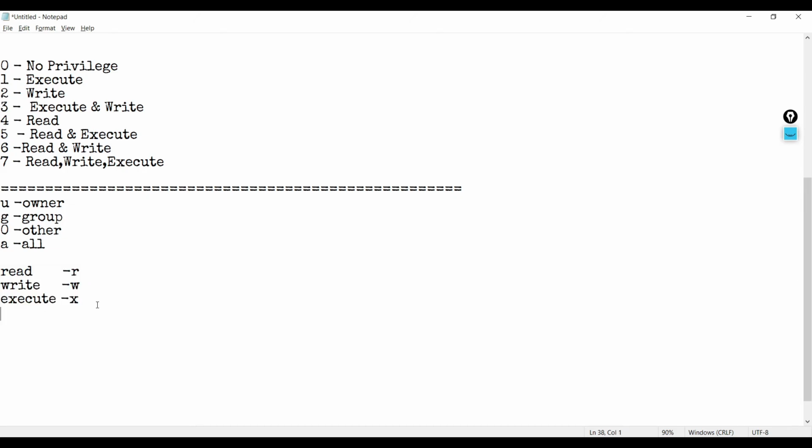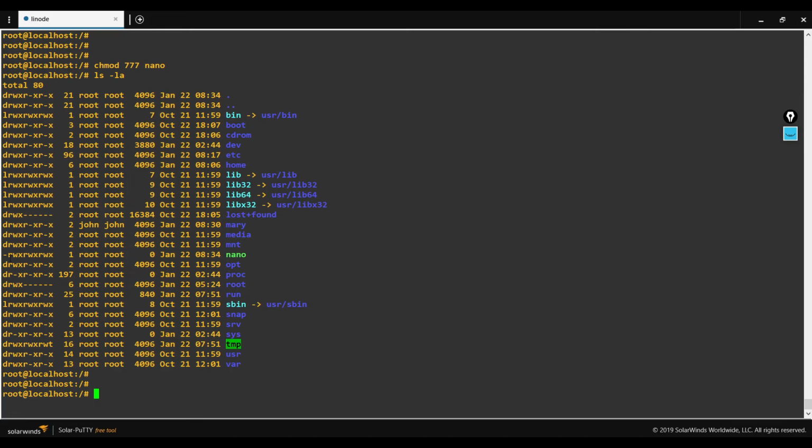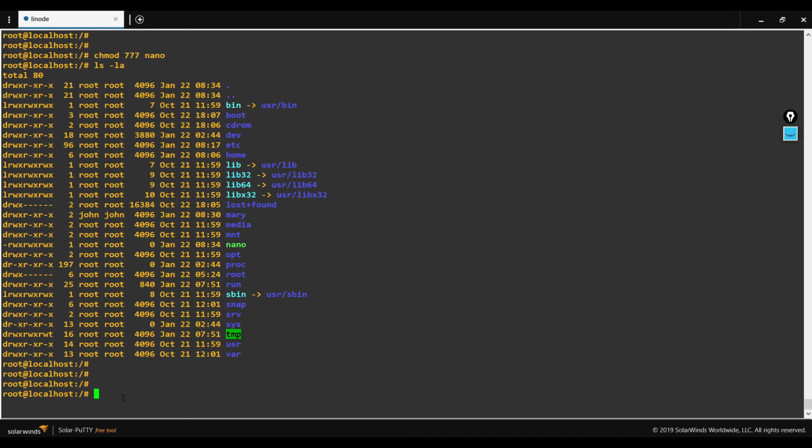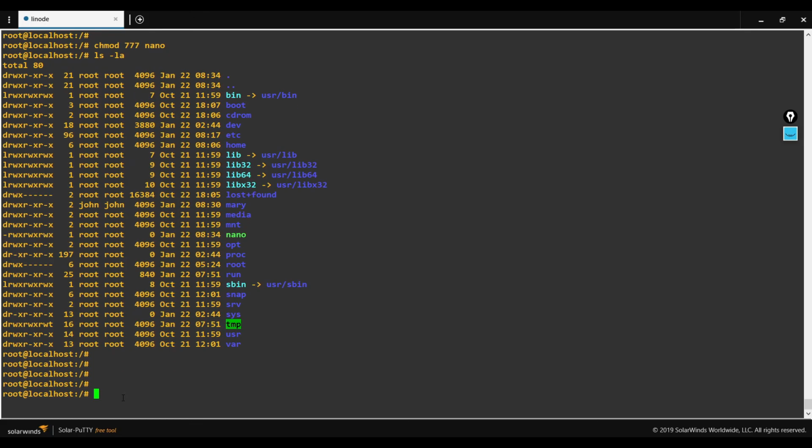So I gave the total privilege to this particular file, right? Now I can remove one particular privilege for this file by using the alphabets. Let me do that. Here I'm going to remove the execute privilege for the other users. So for other users, I have to mention O and I need to mention the operator minus.